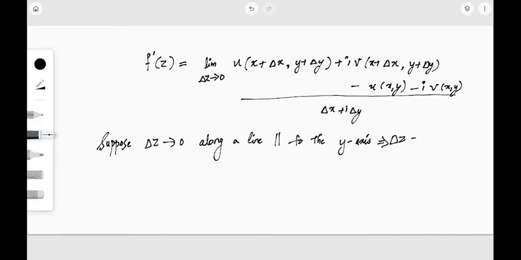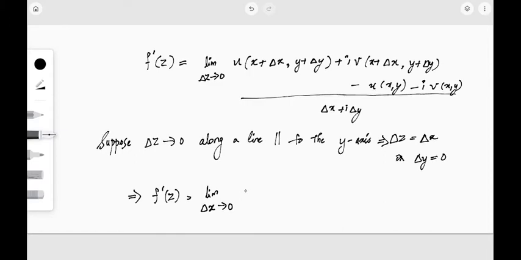This implies delta z will be nothing but delta x. That is, this delta y term gets to be 0. Or I can say there will be no change in y, that is delta y will be equal to 0. So what will happen to f dash of z? f dash of z will be nothing but limit, instead of delta z tends to 0, we have delta x. So delta x tends to 0 and u of x plus delta x comma y